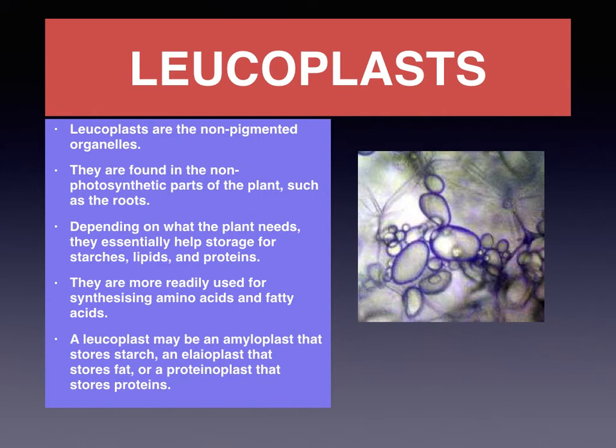Of course, I'm giving you some little extra bit of information here. So if that is too much for you to learn, you can just remember that leucoplast is non-pigmented. It will not carry any color. It is found in the non-photosynthetic parts of the plant, especially the roots, and their main function is that of storage. And please, if you will add that it can store starch, lipids and protein, it will be great. That's what your teacher will be looking for, and she is going to be impressed by that type of knowledge. So hope that is now clear to you.